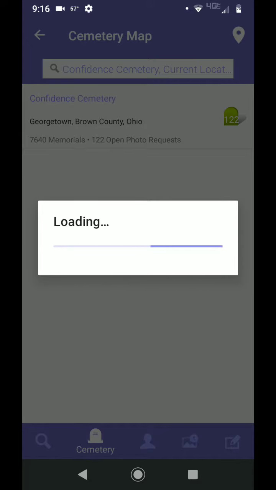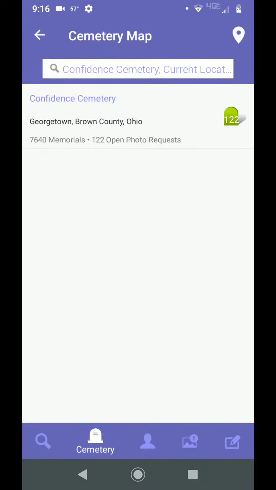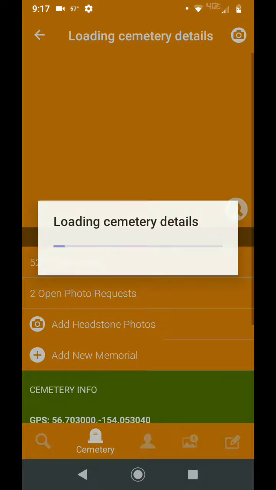It takes a little while because my Wi-Fi is so terrible here, but if you notice the little green headstone to the right of the name of the cemetery with the number in it, that tells you how many photo requests there are in that cemetery. So the cemetery I go to, there's 122 photo requests, but that's just for your information for the future if you ever want to do that. But anyway, so touch the name of your cemetery,